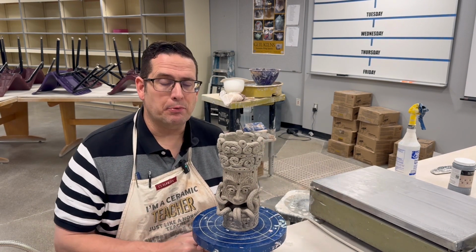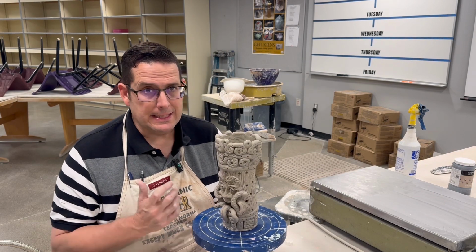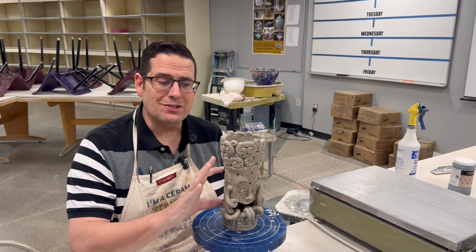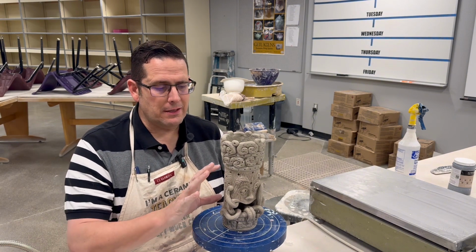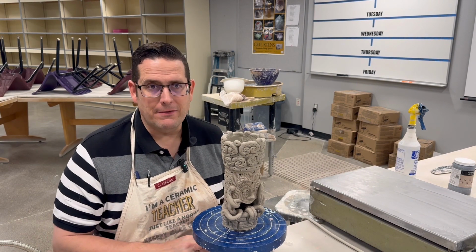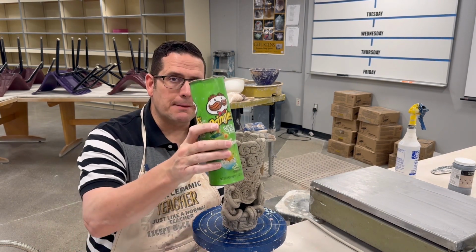So we're going to be working on this project here, the tiki. It's going to be a total of 10 inches tall. 5 inches is going to be the cylinder part, and then how you decide to split up your coils, another 5 inches tall. Things you need for this project: a Pringles can,